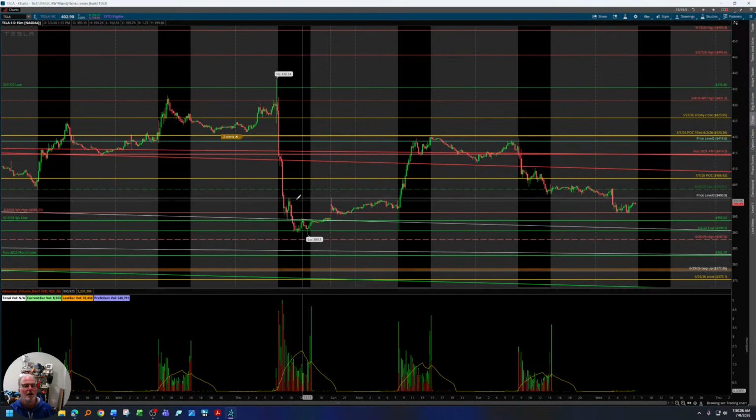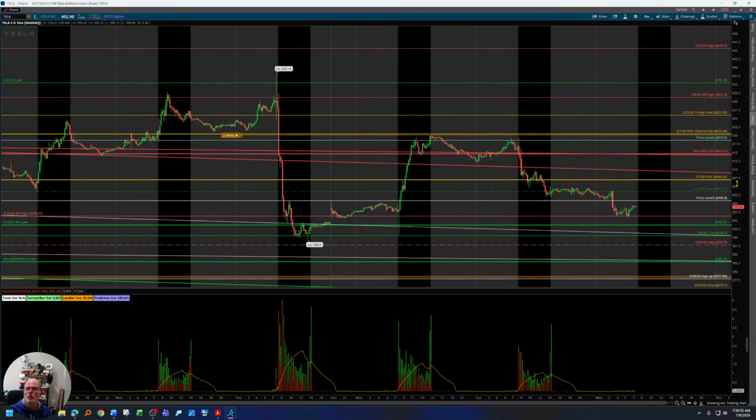Tesla, we talk about this all the time. Tesla, it'll give it to you and then it'll take it away, right? So you had a nice little pop, you had a sell-off, and then it tried to regain the whole speed zone here, but it stopped right there. So what does that tell me? That tells me that the downside is still in. There's still sellers there. In order for Tesla to move higher for me today, it's got to be above 400 cents. You'll probably get some resistance if it does pop above that at 403.51.